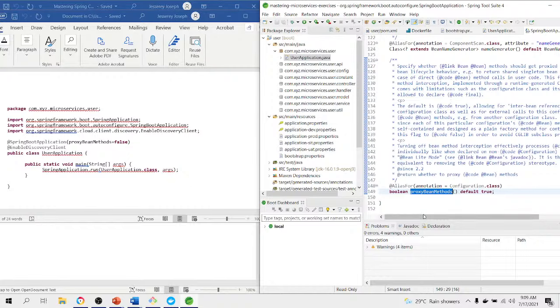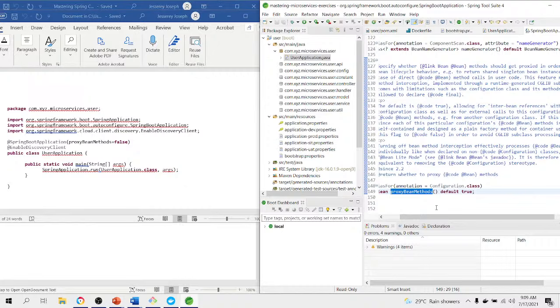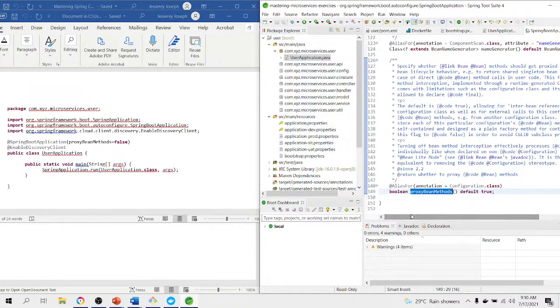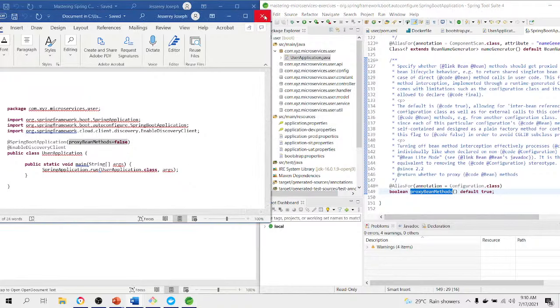So for proxy bean methods, that means I'm not going to use the components configured from other external configuration. I'm not going to use the inter-bean references with other configuration classes, as well as external calls to this configuration. So that means it will not impact your application performance. Okay, so next,